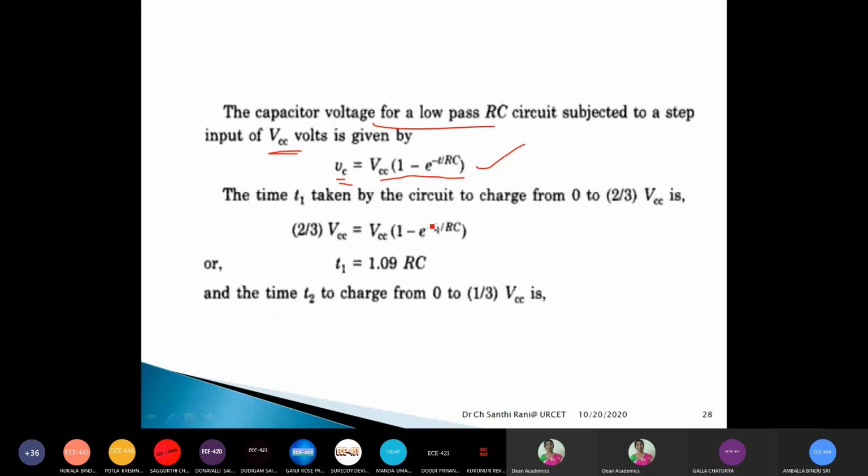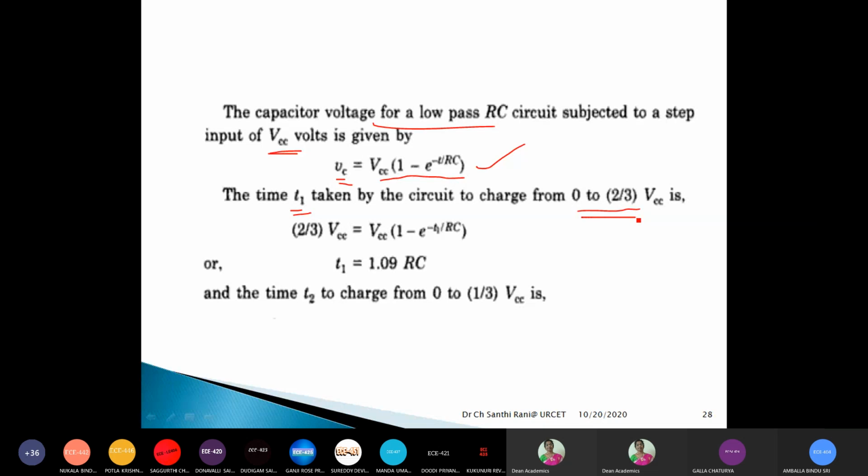Now let us add some more terms here, right? So let us say the time t1 taken by the circuit to charge from